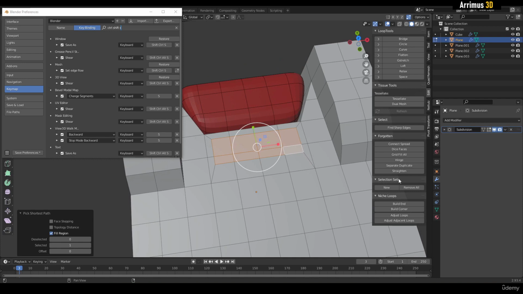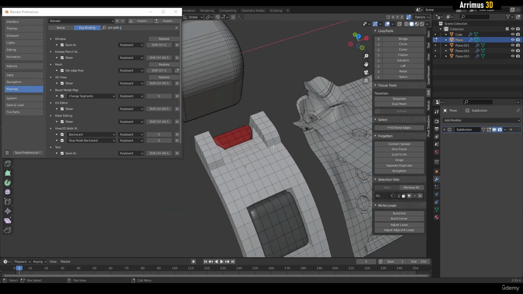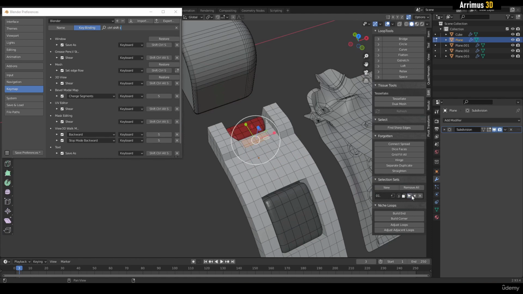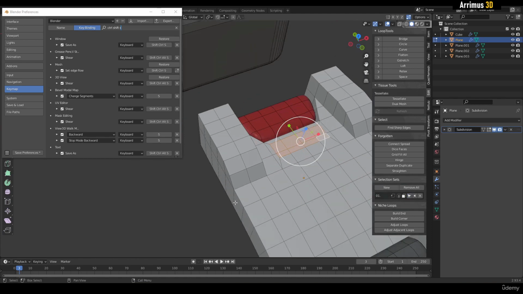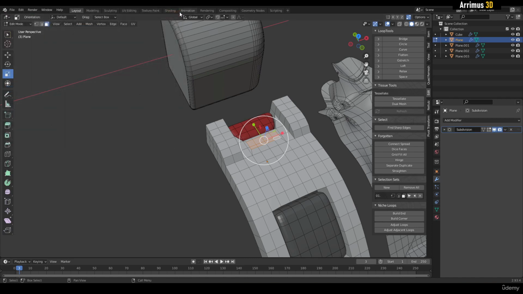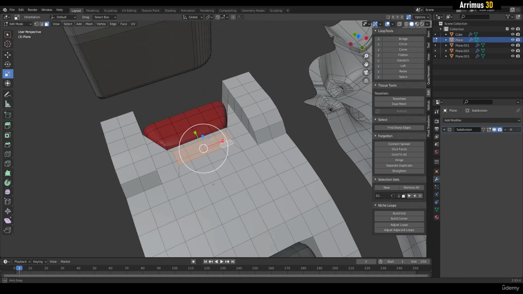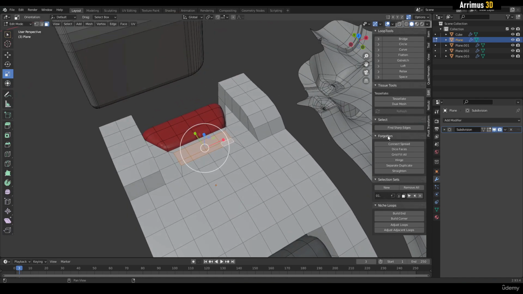All right, so selection sets are really good if you want to go back to this right here. You simply select that and you've got this selection again. By default, Blender's method of using the vertex groups is very confusing and it's just not as good. It often gives you the wrong selection. So I recommend that when you get the forgotten tools, I believe it also comes with the selection sets as well. There's also very nice things with forgotten tools such as dice faces, hinge, straighten,